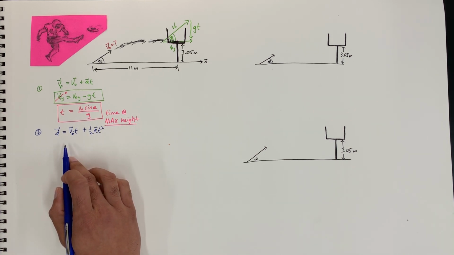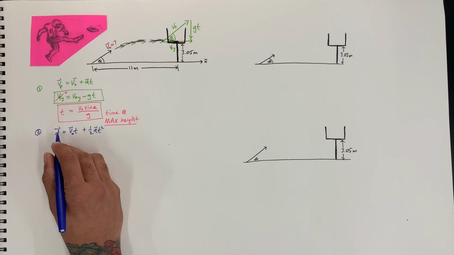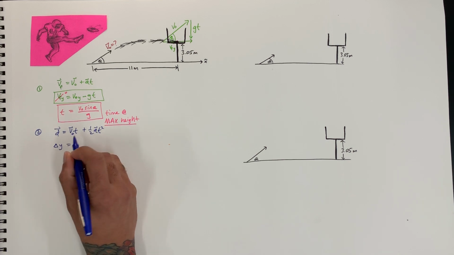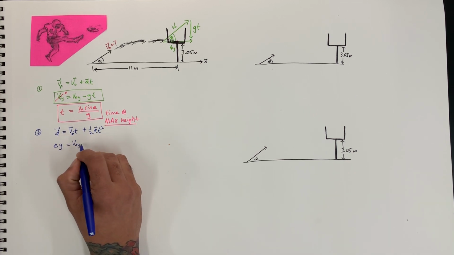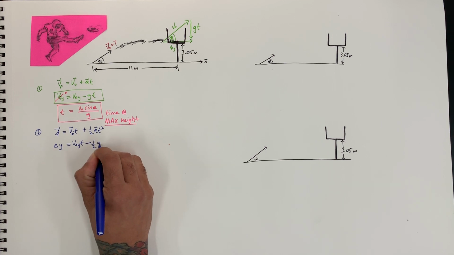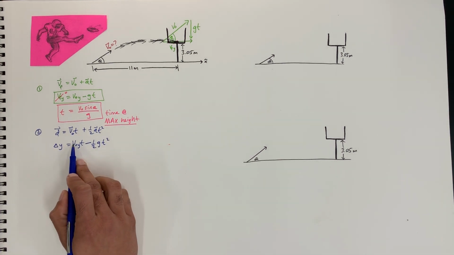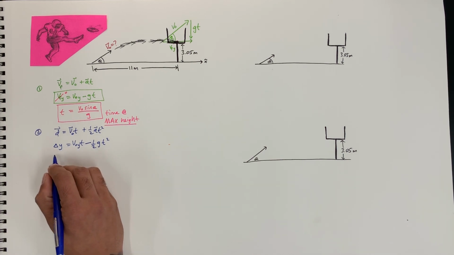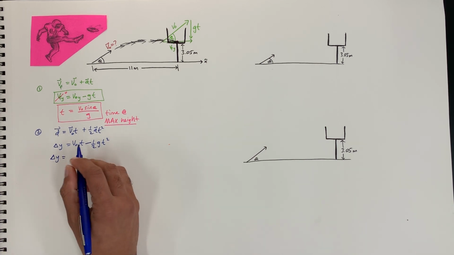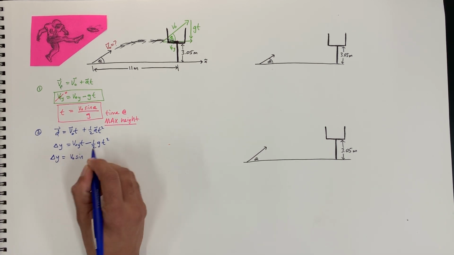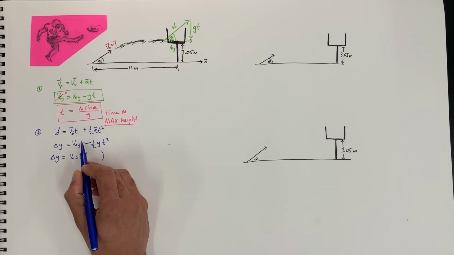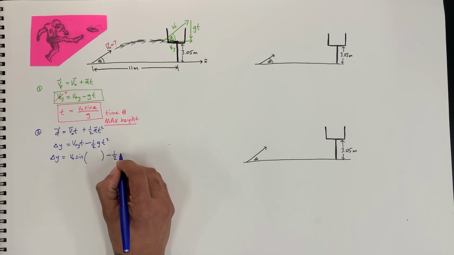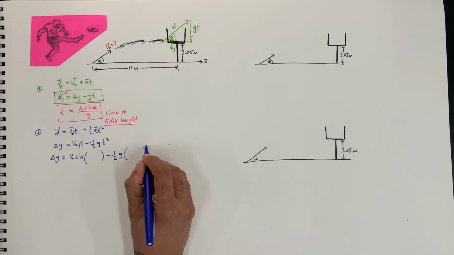solve it for Y. Okay, so I'm going to have here the change in y, right, which is y final minus y initial. Here I'm gonna have v initial in the y times time minus 1/2 gt squared. We know that v initial in the y is the same thing as saying v initial sine. Okay, so I'm gonna do the change in y is equal to v initial sine. I'm gonna leave a space where I'm supposed to put the time. Then I'm gonna do minus 1/2 g, and I'm gonna leave another space where I'm supposed to put the other